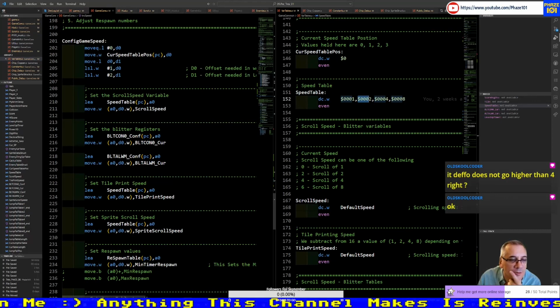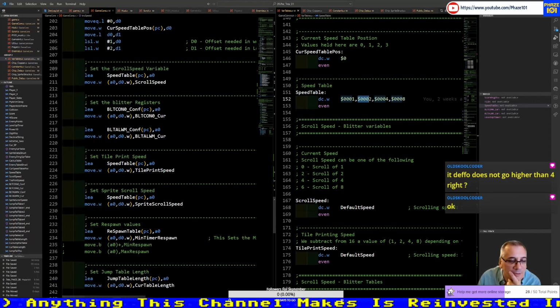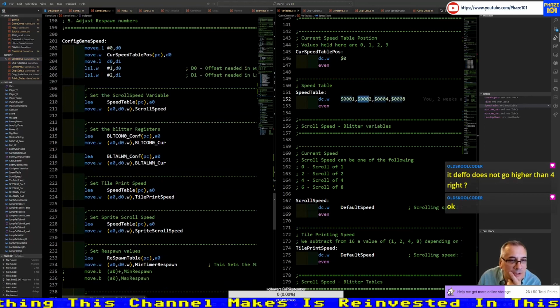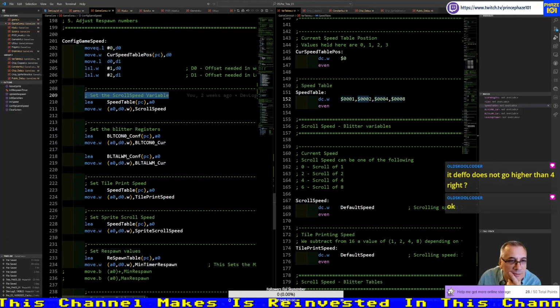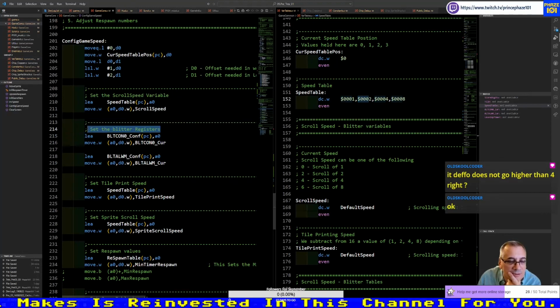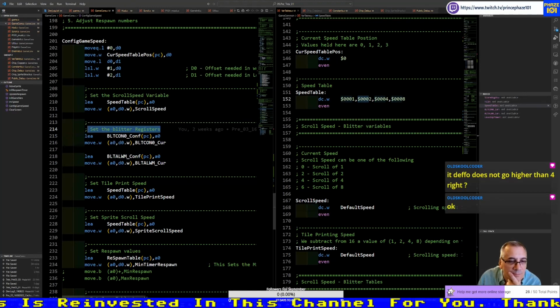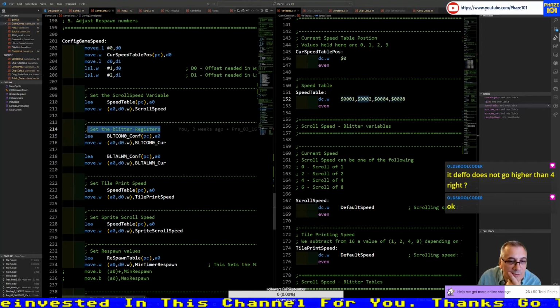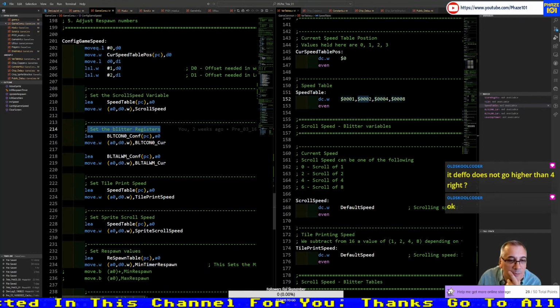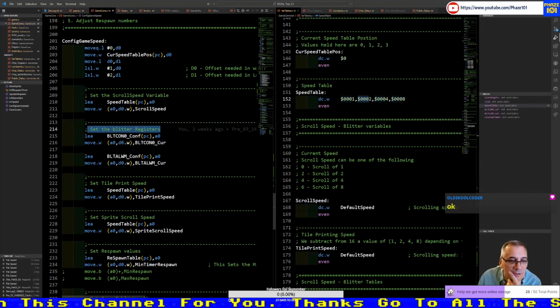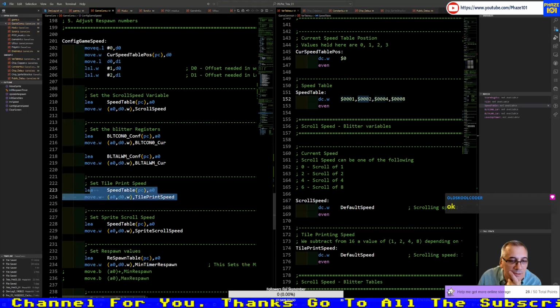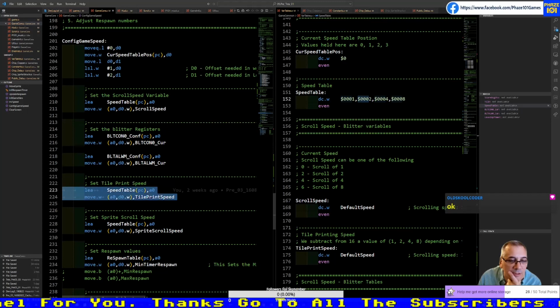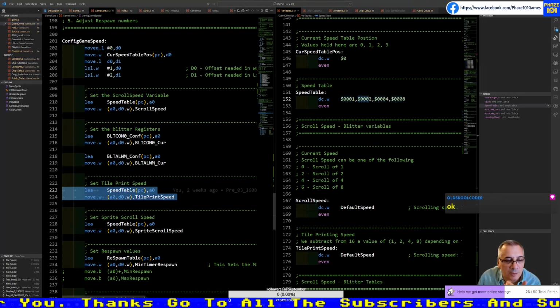And this is what changes the speed, and it changes lots of things. So here is the scroll speed, here is the blitter registers, which I'm starting to think this is where I have the first problem. This is the speed of the tile that we are printing.